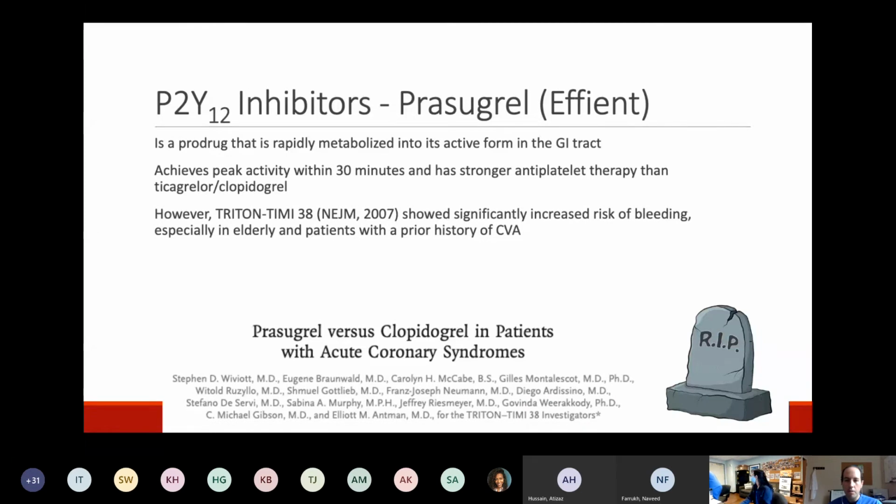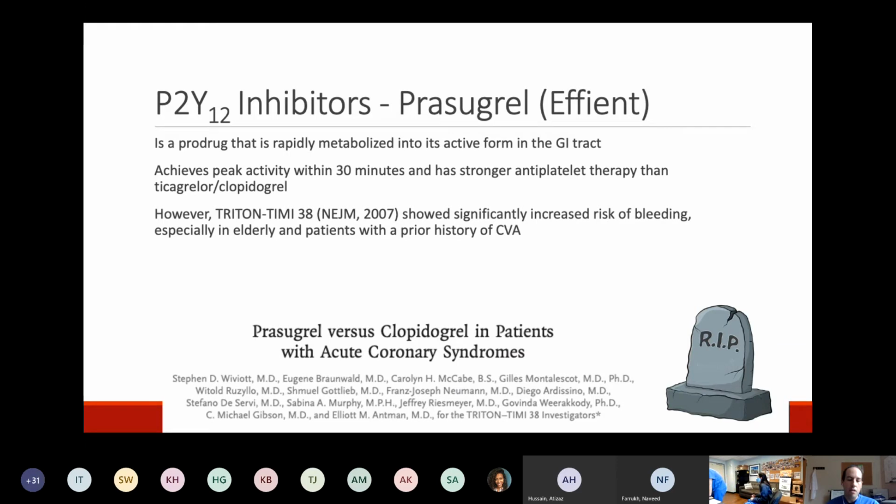Prasugrel, I feel like people don't talk about as much, but just to be thorough, it is also a prodrug, except it is very rapidly metabolized into its active form in the GI tract. It works really well. It gets peak activity within 30 minutes, and it has stronger antiplatelet activity than either ticagrelor or clopidogrel. The reason prasugrel was dead was the TRITON-TIMI 38 trial, pretty old, 15 years or so at this point,